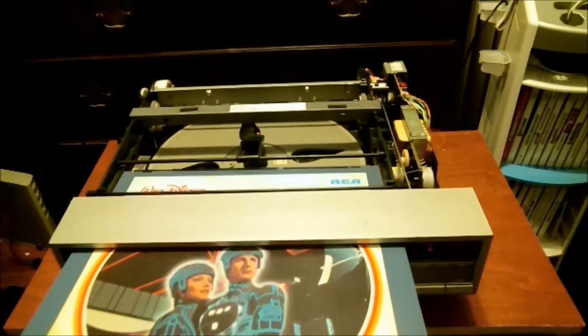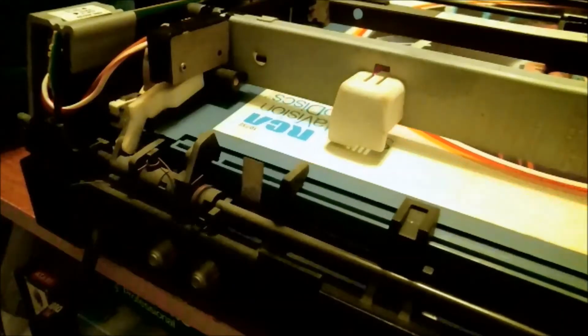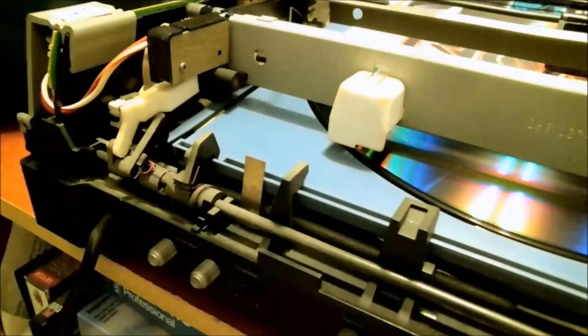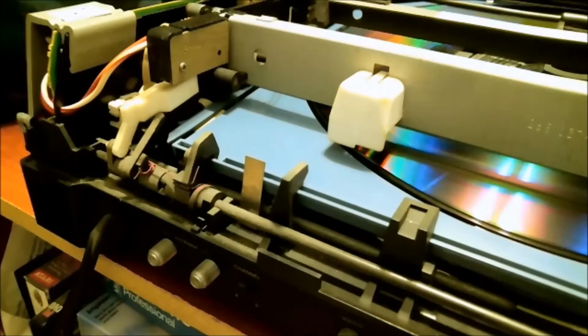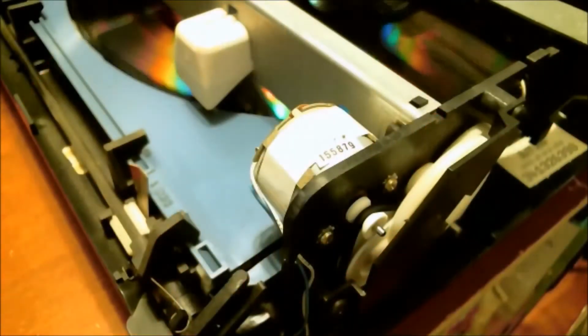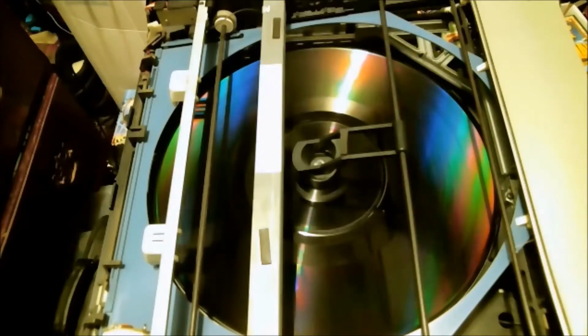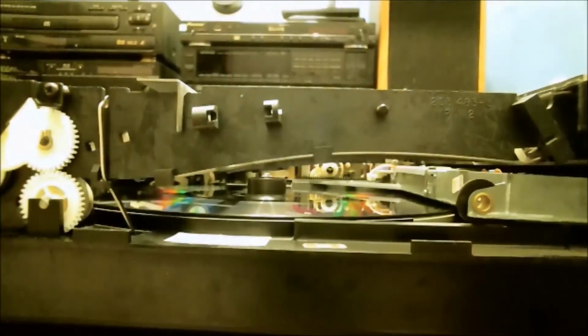You know what? It sounds too dry to me to just say it like that, because this thing is an absolute marvel to behold. RCA went out of their way to design this player to make using the video system that they came up with as easy as possible. Even so far as to have the machine say, no, let me take that and do the rest of that for you, and to have it spit out the caddy using relays and switches and rollers and springs